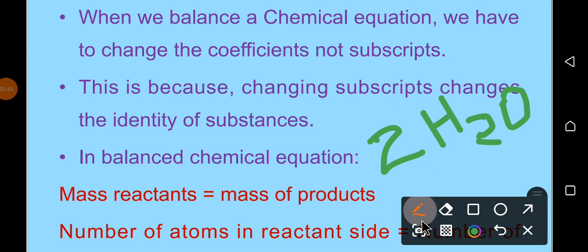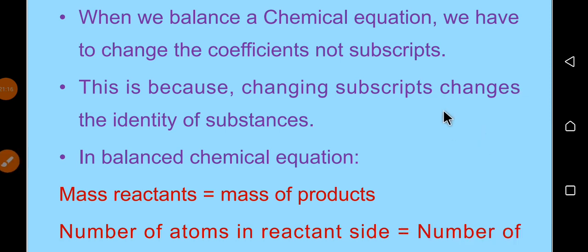በዚህ ፎርም ሰብስክሪፕት ማለት ይሄኛው 2 ነው። ኮኤፊሺየንት ማለት ደግሞ እቺኛዋ 2 ናት። ሰብስክሪፕት ማለት ደግሞ እቺኛዋ ከሃይድሮጅን እና ከኦክሲጅን መካከል ያለችው 2 ናት። ስለዚህ ባላንስ በምናደርግበት ጊዜ የምንቀይረው ኮኤፊሺየንቱን እንጂ ሰብስክሪፕቱን አይደለም። This is because changing the subscript changes the identity of the substance. ሰብስክሪፕቱን ቼንጅ ብናደርገው የሰብስታንሱን አይዴንቲቲ ስለሚለውጠው ኮኤፊሺየንቱን እንጂ ሰብስክሪፕቱን ቼንጅ ማድረግ አይገባንም።